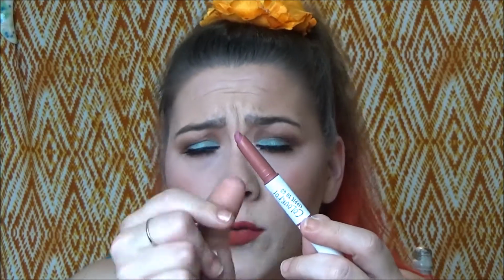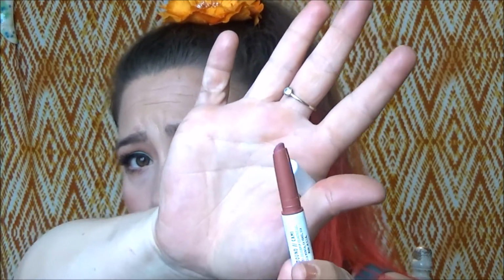please be careful when you're rolling these up. If you buy these, please be careful because it's a very small tube. Only roll them up like that much. You see? Only roll them up that much. The lip liners tend to be a little bit more